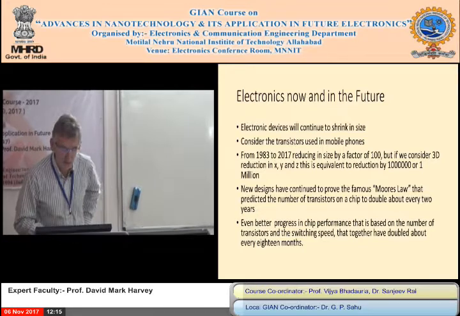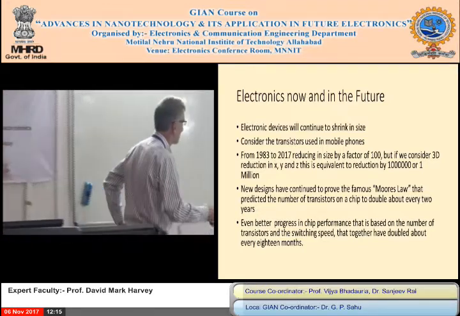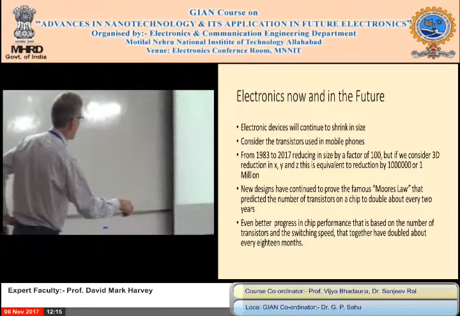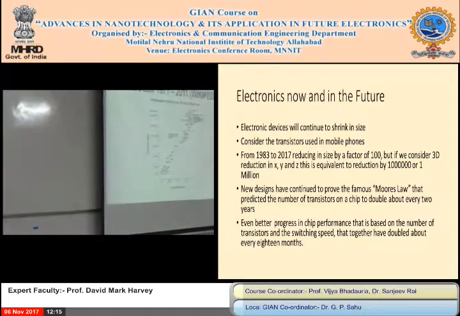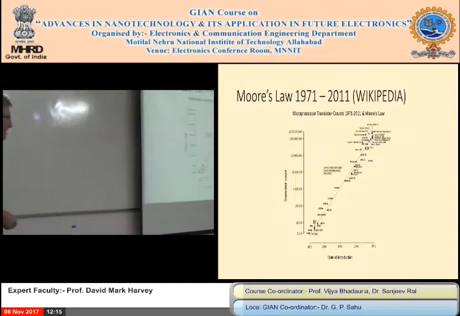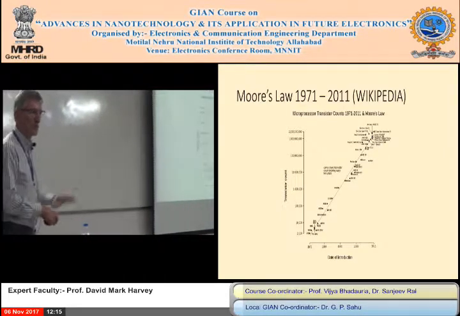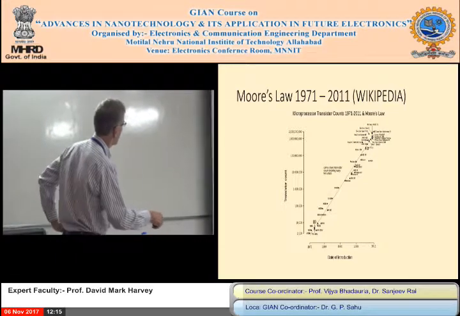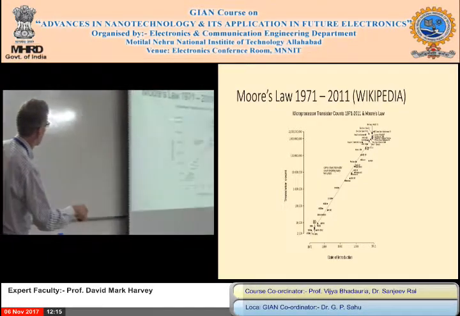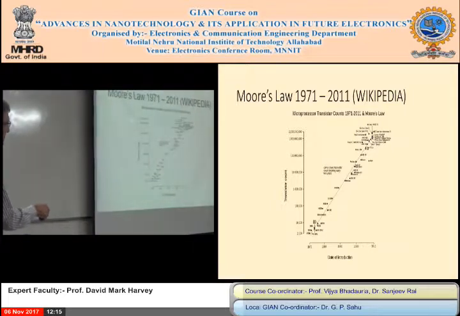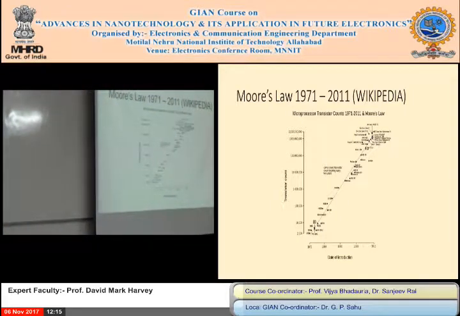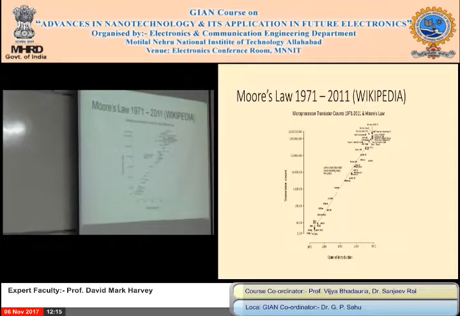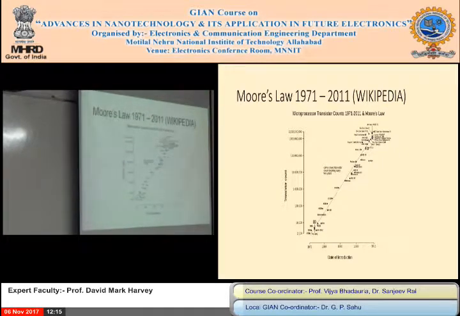So if you look at the first transistor count when he started in the 70s, I'll show you a bit more detail, it's just over 2,000 transistors on a single chip. All these slides will be available if you want them later, so you don't need to take too many notes. If you look towards the end, in 2013 you got 2.5 billion. If you go on the American billion, that's 2 to the 9. That's incredible. Can you imagine designing a chip with 2.5 billion transistors on?